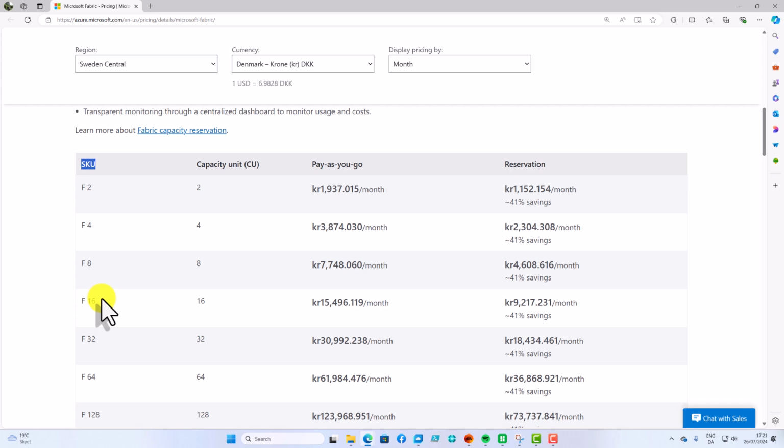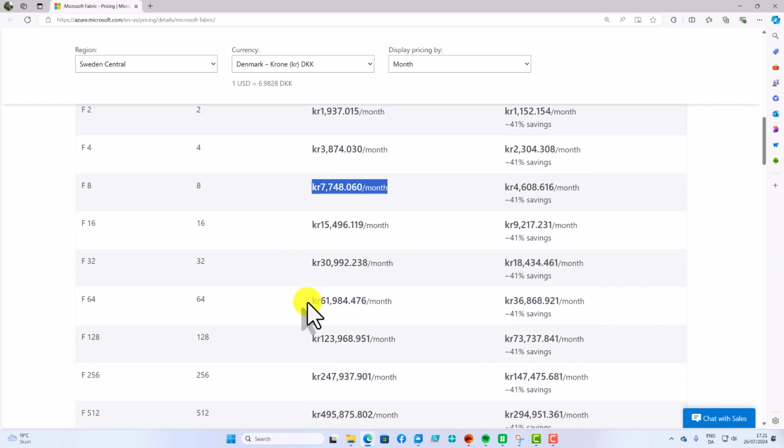This is really nice for us nerds. I've been an IT nerd since I was 14 years old. So these numbers we know offhand, it doubles all the time. And the first one costs around 2,000, then it increases, more or less doubling up. It's not completely double, but it will double up in some way.